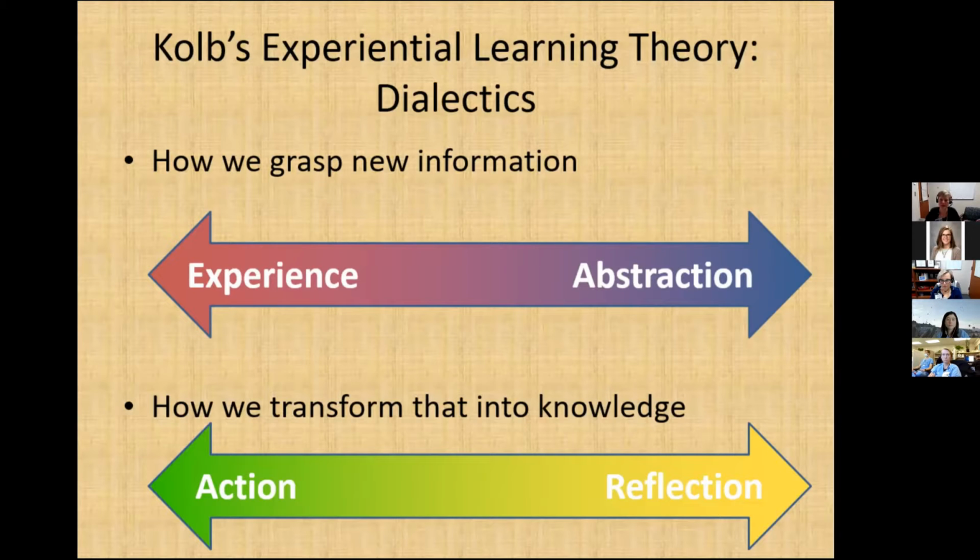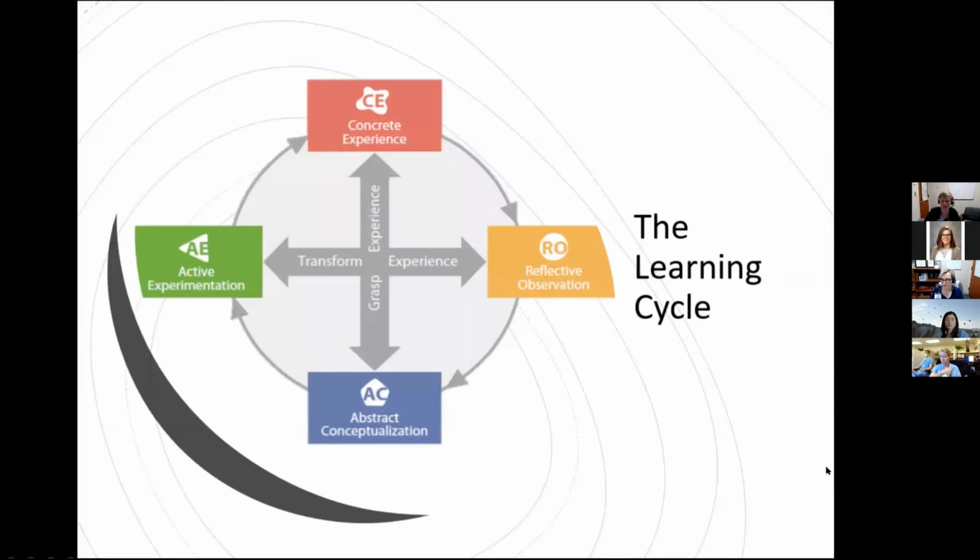And these are dialectics because there's the tension of wanting to do both, but not being able to do both at the same time. And Kolb's idea was that this tension then moves us through a cycle that incorporates all of these things, but that we tend to have preferences about where we start in that cycle. And so, again, he was talking about this cycle of starting somewhere in the loop and then moving through based